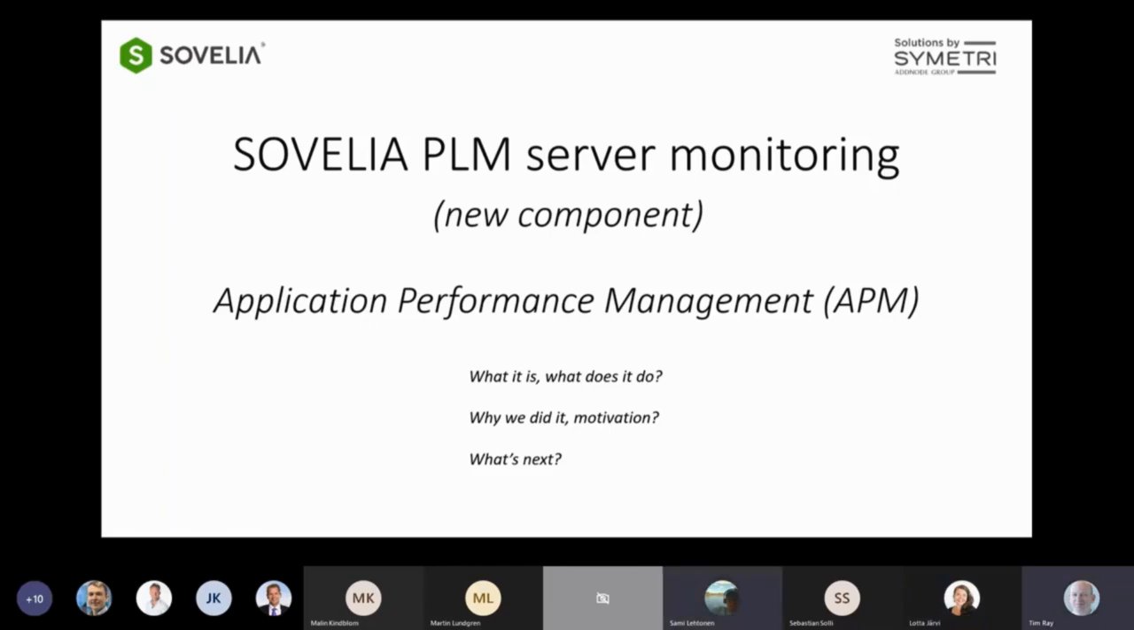Good. So the Sovelia PLM server monitoring, that's a completely new component. We've been working with this component already a while. I think we started it on 20.0 release, but now we are reaching some maturity, so it's time to talk about it. What that really is,